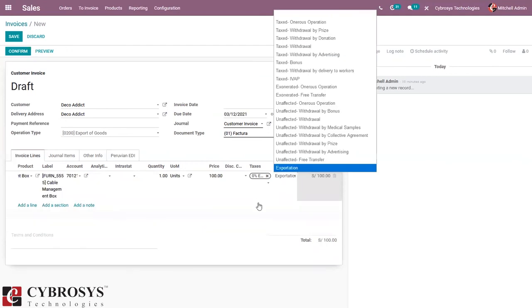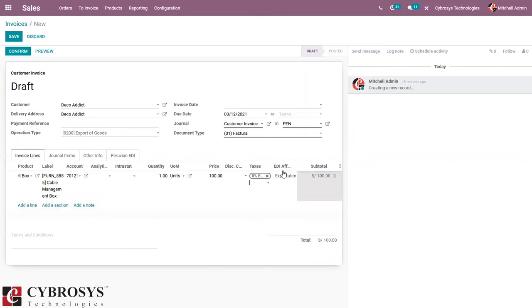Okay, here I'm setting EDI effect reason as exportation.